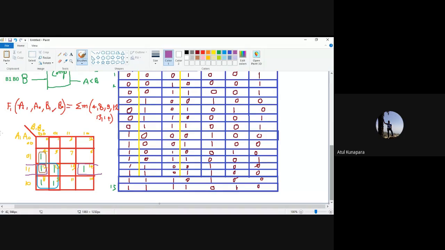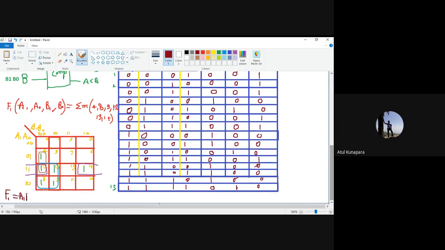Can you just write down for this 3 group what is the minimal function output for this? So what I can write down here, f equal to the minimal function. I can say f1 is equal to, for this 4-member group, what is the answer? Here a1 is going to remain constant, right? And here on this side your b1 is going to remain constant. So I can say it is a1 b1 bar,